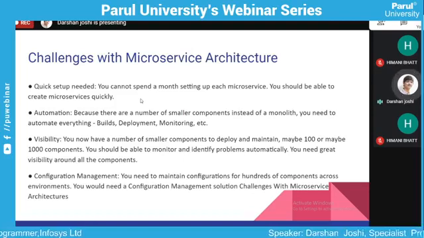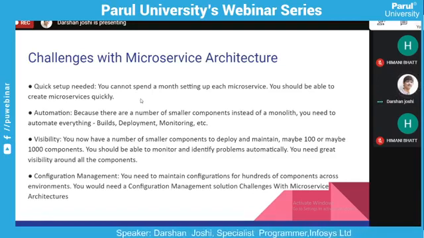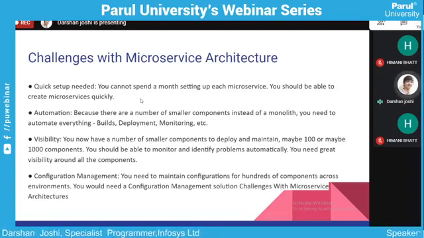Automation, because there are a number of smaller components instead of a monolith, you need to automate everything. This is talking about build automation, deployment automation, as well as monitoring. What I mean by build automation is, whenever you change anything and you want to deploy that application into the cloud or onto the server, you have to build that application.